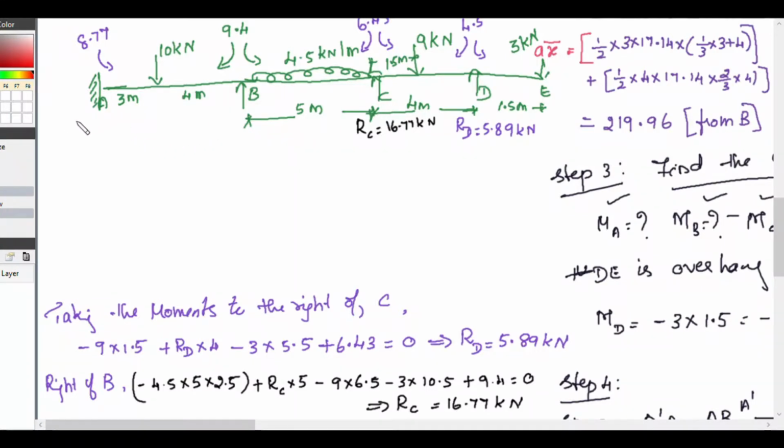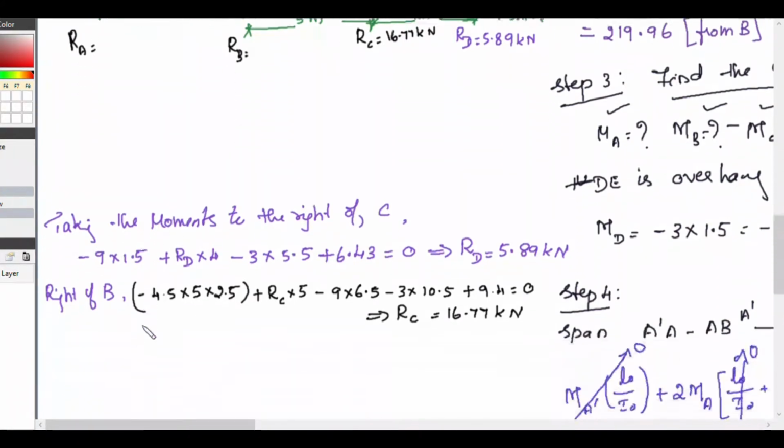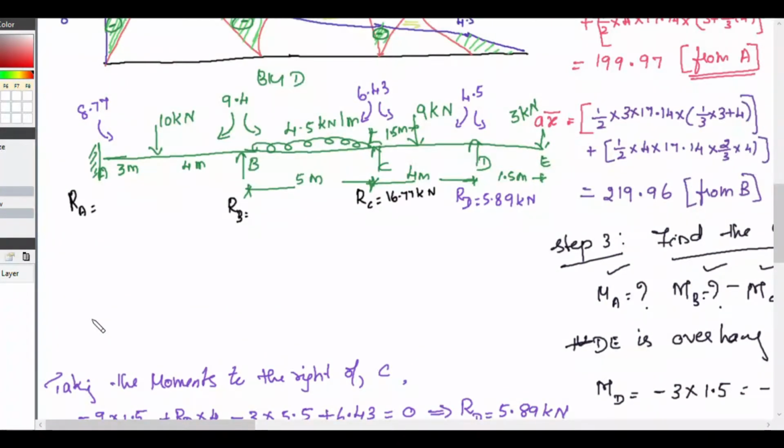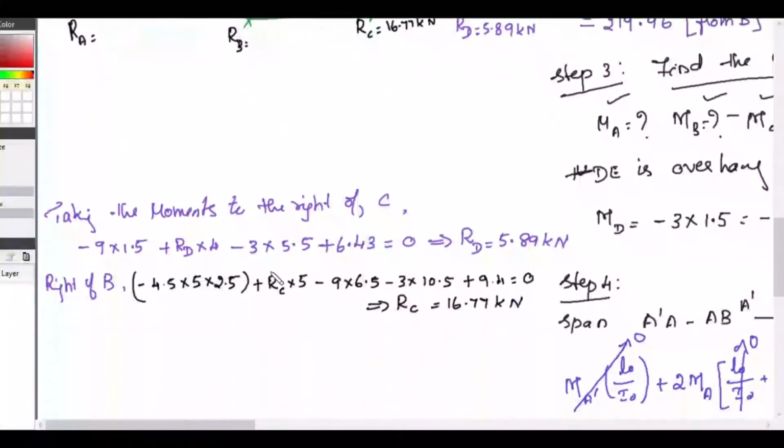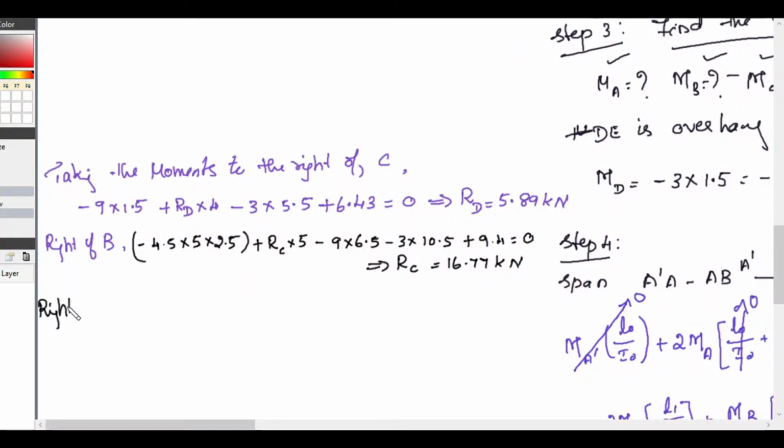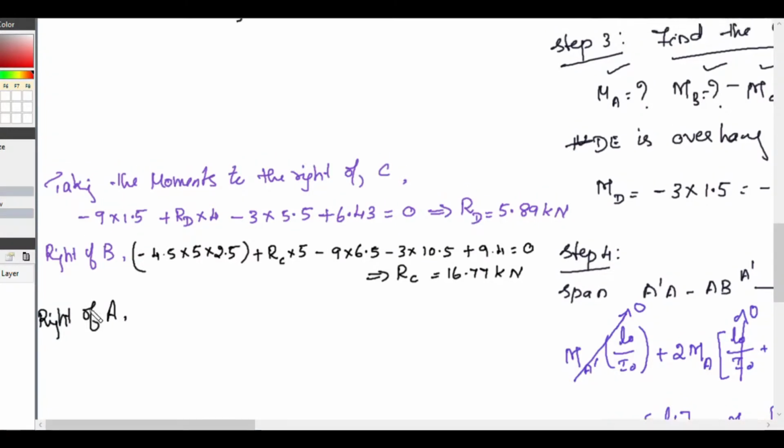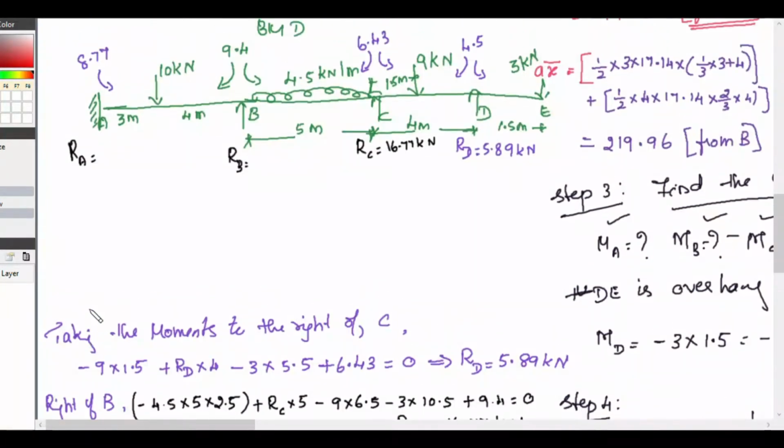Now we are taking the moments to the right of A. Now the unknowns are RA and RB. Now taking the moments to the right of A, because A is fixed support, everywhere we are taking right. Taking to the right of A, we have this 10 into distance. This gets cancelled. RB into 7 minus 4.5 into 5 into this distance plus RC into, that is 16.77 into